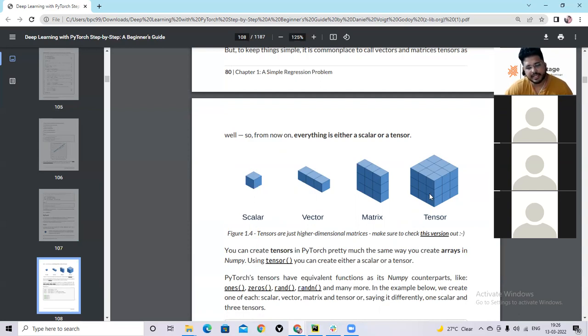So you have a tensor. We call it by the name tensor. So technically, a matrix is also a tensor, a vector is also a tensor, and a scalar is also a tensor. So 1D tensor, 2D tensor, 3D tensor, and 4D tensor. But they have special names as well: scalar, vector, matrix. Okay. So that's why this is a tensor.